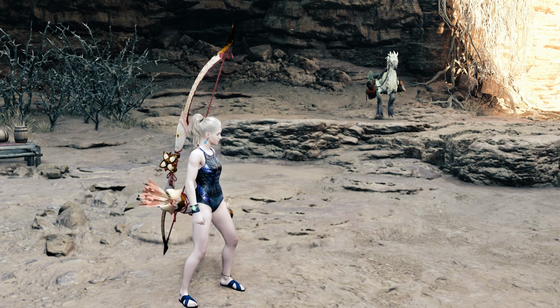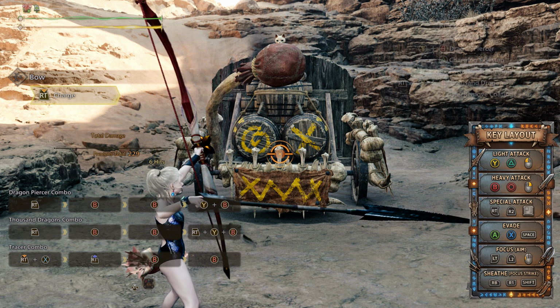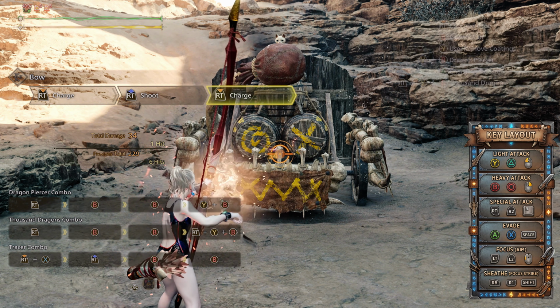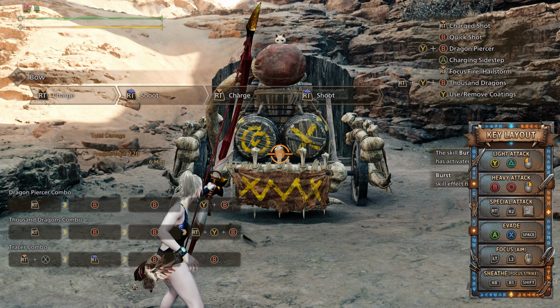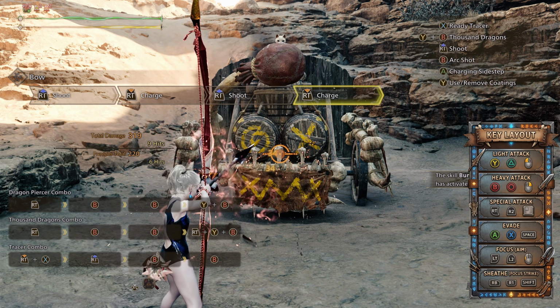The bow has 3 levels of charge, so the goal is to always shoot at level 3. When aiming, press special attack to do a level 1 normal shot. If you keep shooting, the second shot will be level 2 and the third shot will be level 3. Each level deals more damage and fires more arrows. But if you keep firing normal shots, the 4th shot goes back to level 1, and you just start looping